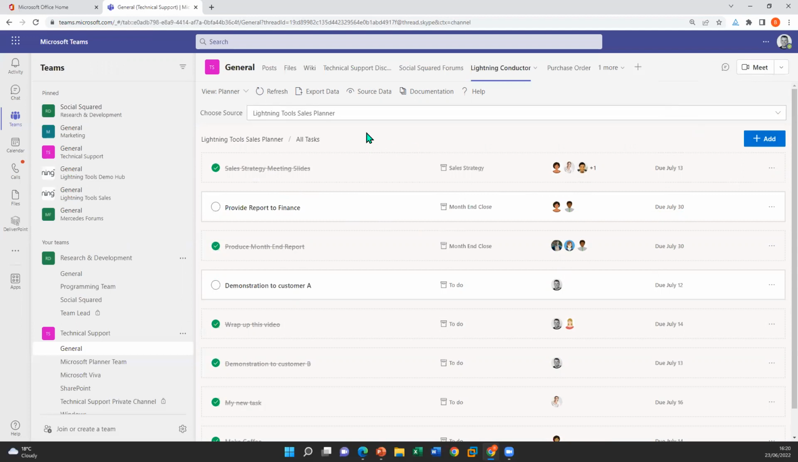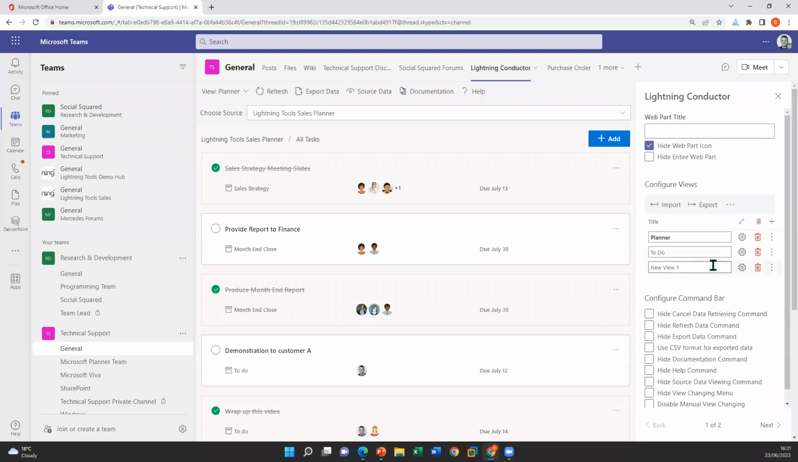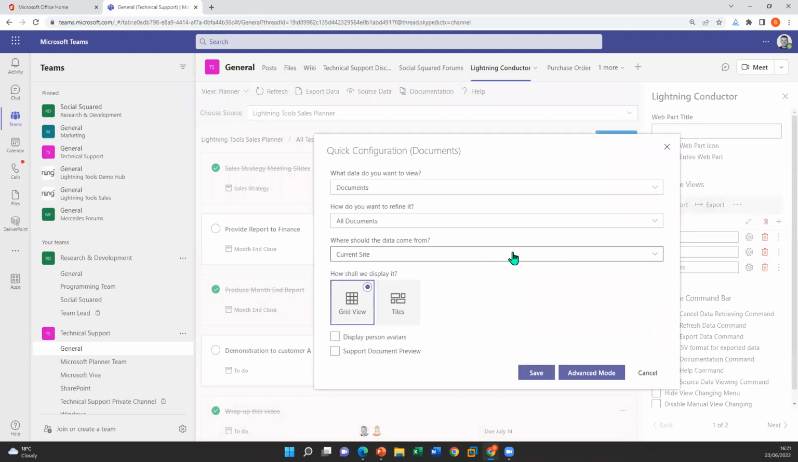But what we can do with the Lightning Conductor is really start to extend this to lots of other types of views as well. So if I go into the settings, notice that these are the two views that we've got. And like I said, inside of Teams, I might want to have lots of content all together that I'm frequently working on. So here I could add a new view, and we can decide what we're going to call that view. I'm just going to call this documents. So I can give it a name, hit the cog icon here, and there's some common